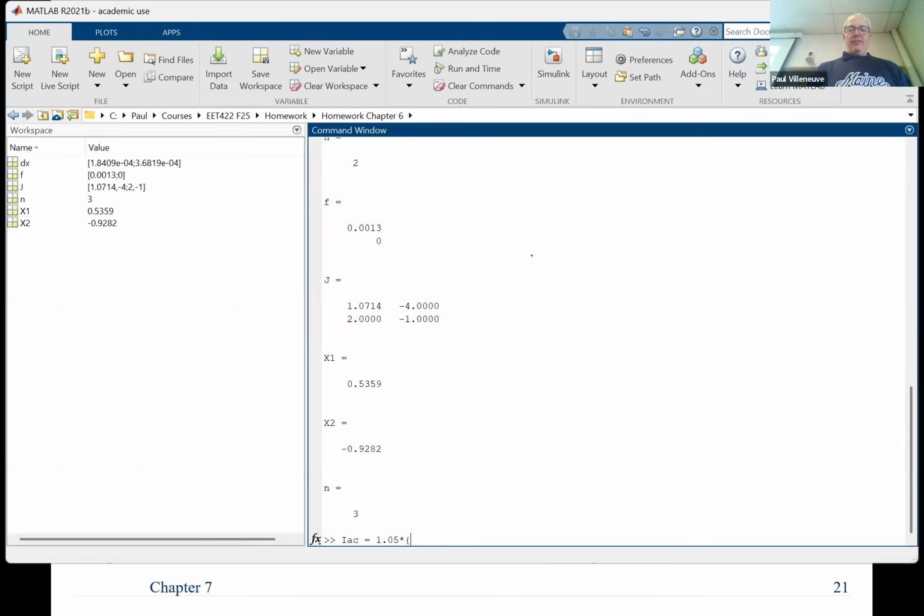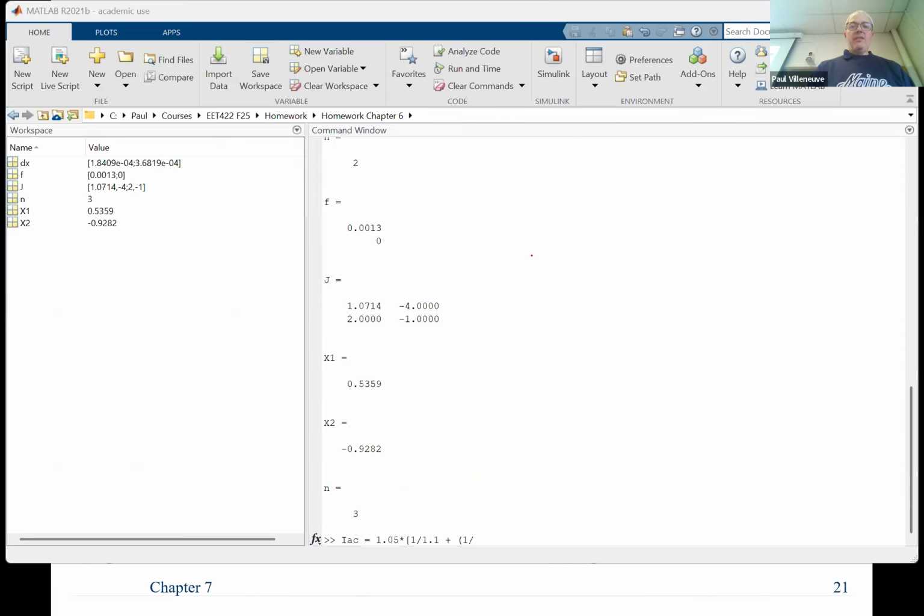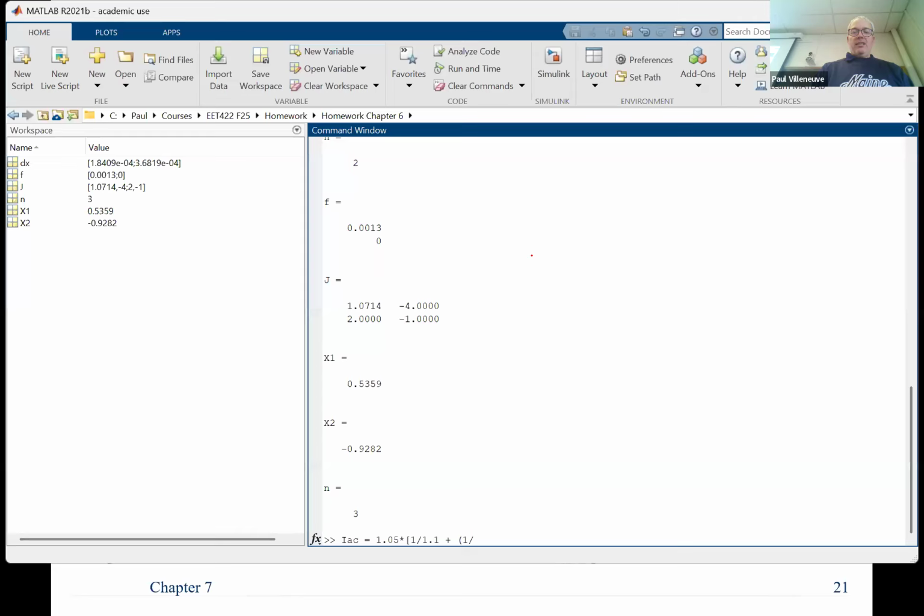times, and this is going to take a little bit of, so I got to have my bracket. So this is 1 divided by 1.1 plus 1 divided by 0.24 minus 1 divided by 1.1. And that's e to the minus negative 120 divided by tau, which is 2,